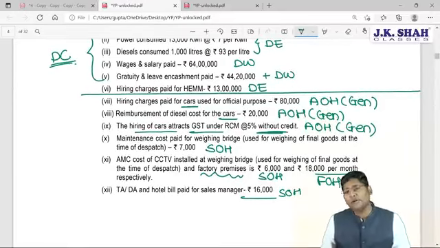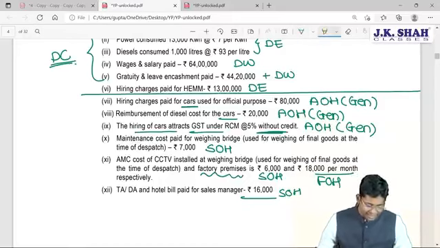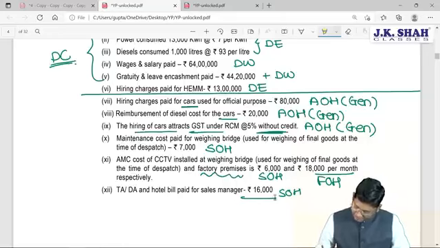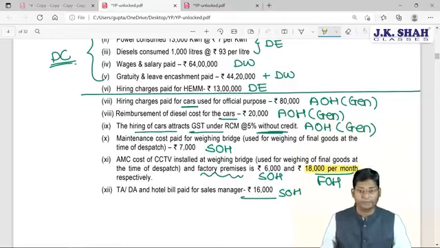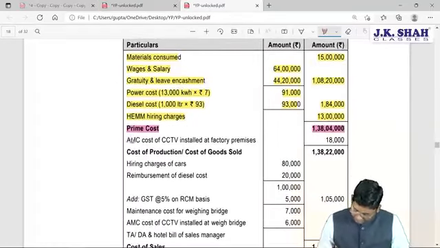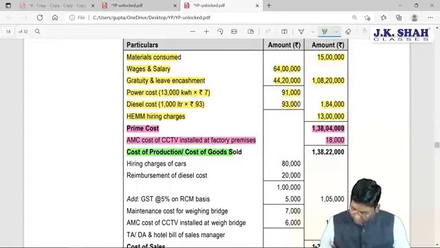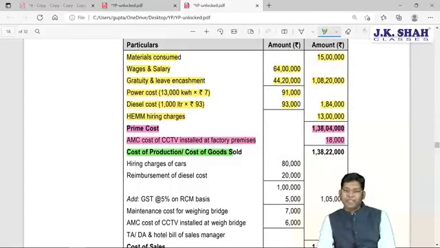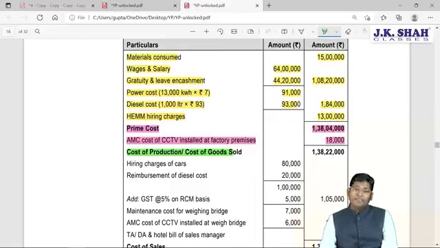After prime cost, if you remember the cost sheet format, the next item which we record is your factory related expenses, and factory related expenses are available with us. Factory related expenses are 18,000 rupees. Done. Now 18,000 rupees are recorded here. See, after prime cost they have recorded 18,000 rupees. After adjusting factory related expenditure you are going to get a total, and that total is generally called gross factory cost. But as opening stock of WIP and closing stock of WIP are not available with us, your gross factory cost, net factory cost, and works cost are the same.